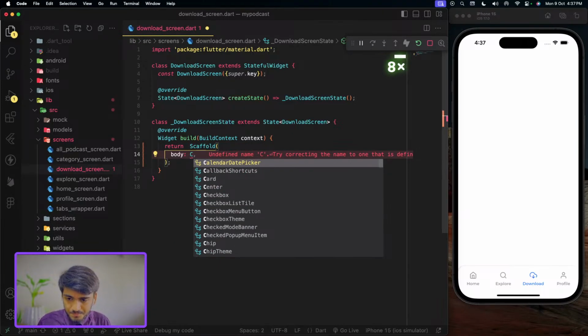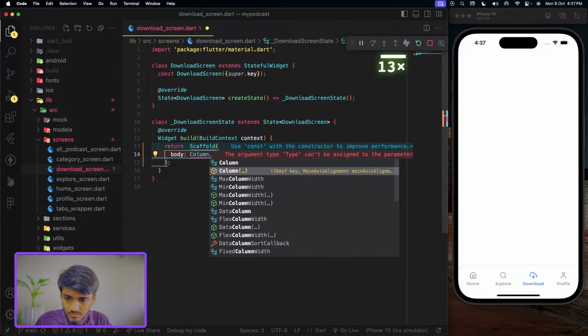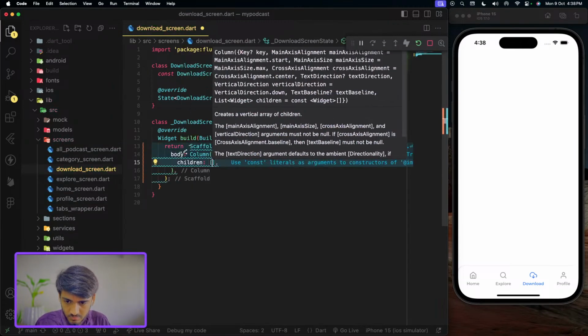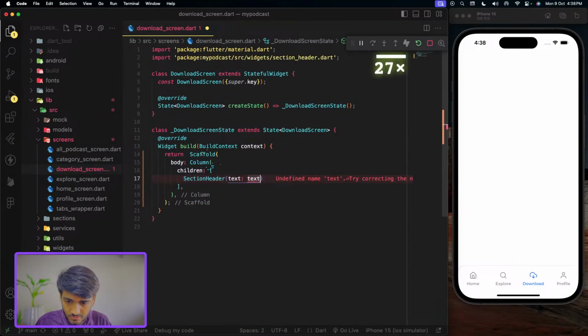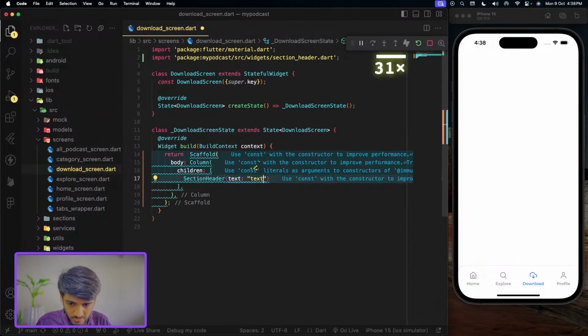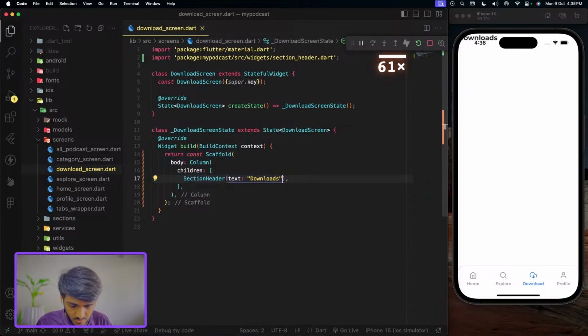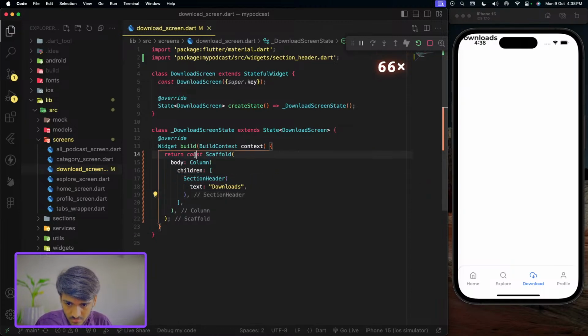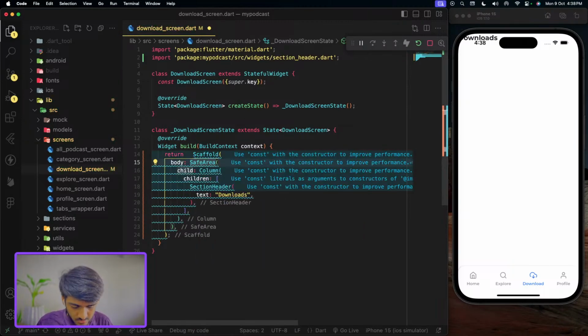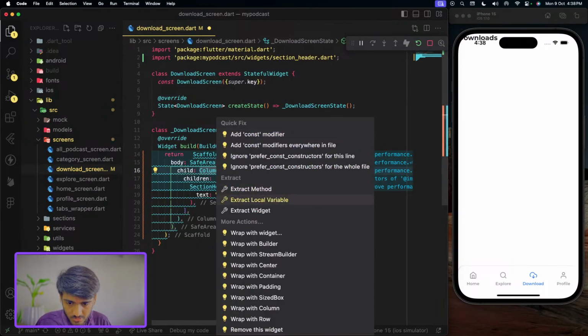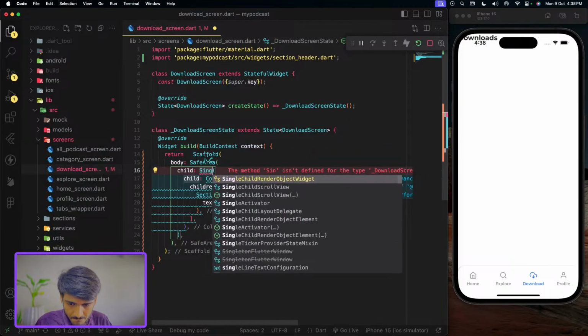Yeah, column. Let's add a section header with the text Downloads, and now we'll need to wrap that thing in a safe area. Plus we'll need